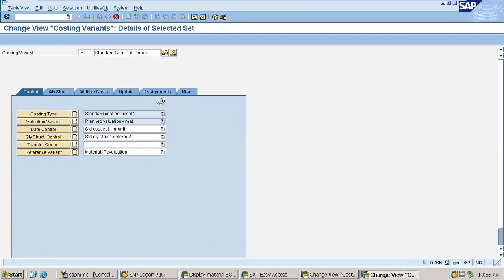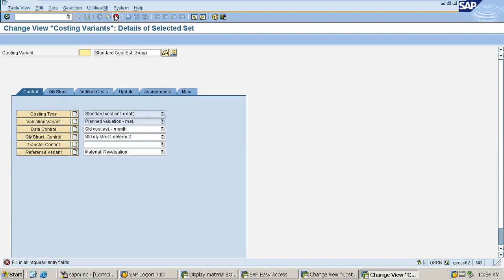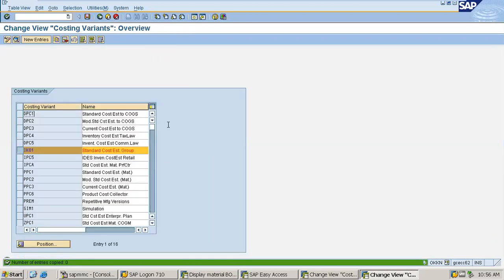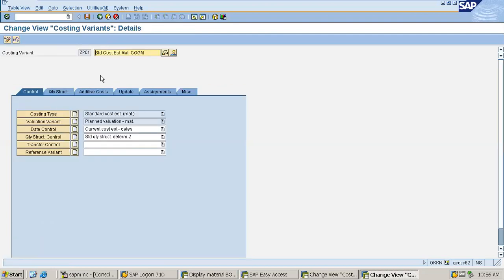I'll not save as I already have configured, so I'm showing you what I have saved. The last one is the one that I have created, ZPC1. Now going inside. Once you click on save, the system will redirect you to this page. Now you have to configure accordingly what I'll show you. See here, a few controls are given.